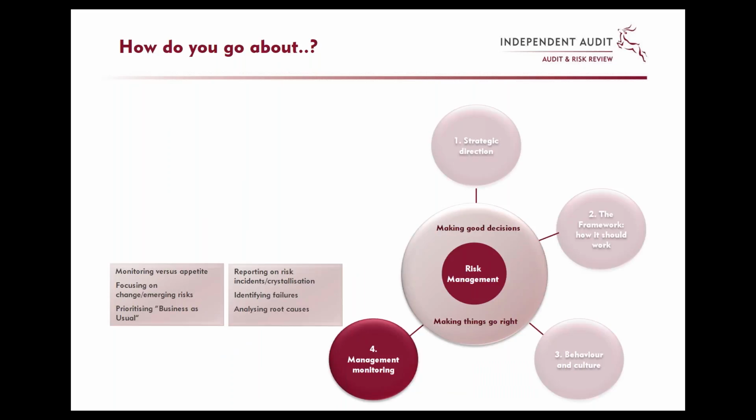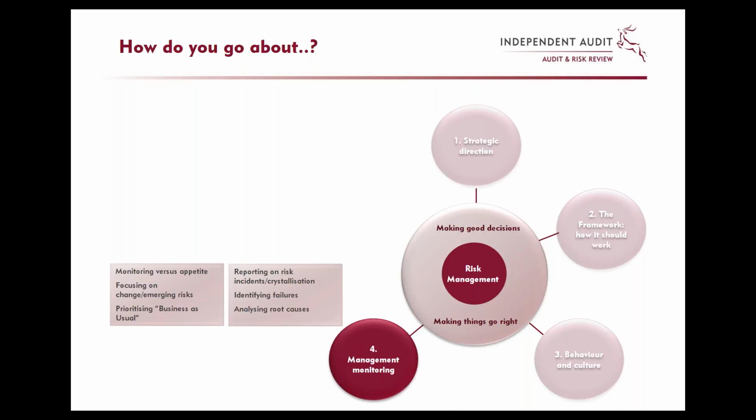Then there's the question of actually what management are doing. Again, I keep coming back to this point. So often we're satisfying ourselves with an ERM system in place, but are we really asking the question, how are they actually being used by management? How is management actually integrated into that overall risk management framework? And so often what we see is, rather than management using it for monitoring versus appetite, or focusing on change, or reprioritizing business as usual risks, or analyzing root causes, those sort of things that we want to see, what we're actually seeing is too much focus on quantification of risk exposures and also quantification of the output. What I mean by that is, for example, debates over whether it's an amber or a green,